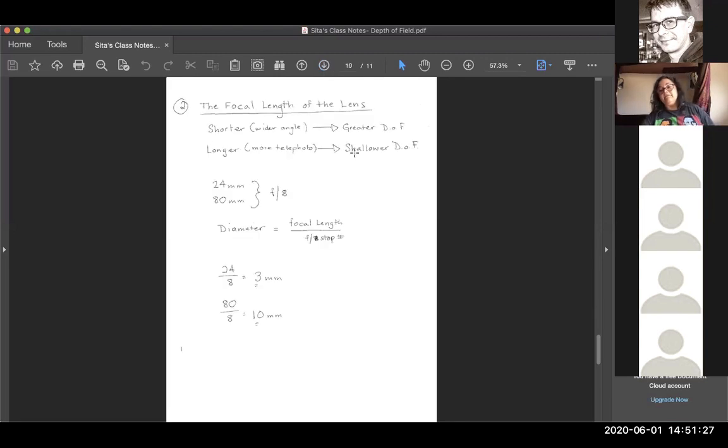The second thing that affects depth of field is the focal length of the lens, how long the lens is. So we talked about the three categories of lenses: normal, wide angle, and telephoto. And the general rule is the shorter the lens, that is the wider the angle of view, the greater the depth of field, the more will be in focus. And the longer the lens, the more telephoto, the shallower the depth of field. And that is because although